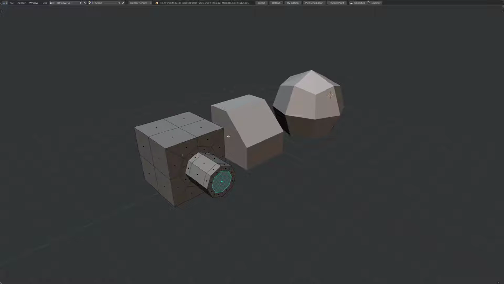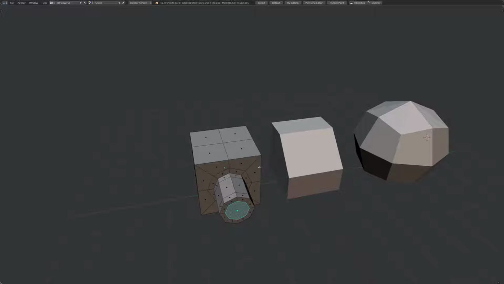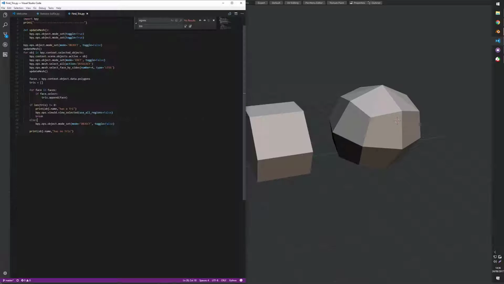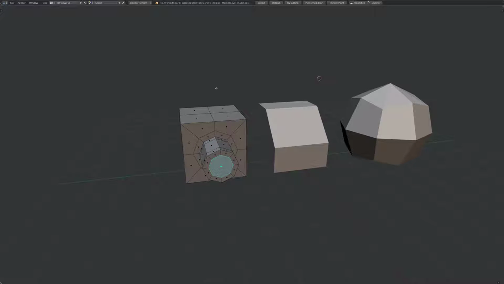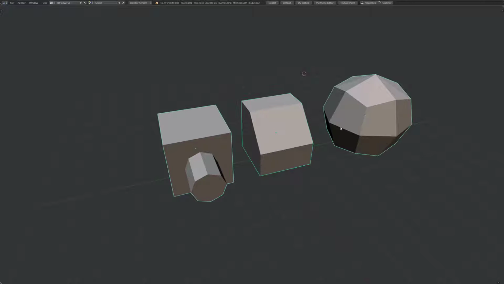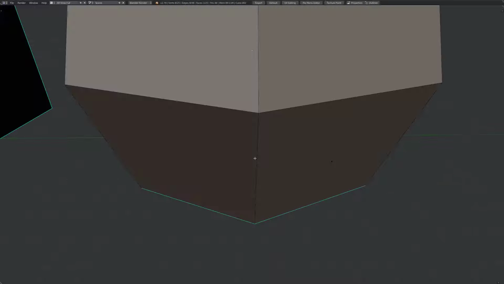So I wanted to do this for 90 objects. So this would just take too long. So I created a script here. What it does is it goes through each and every selected object and it basically finds them for you. And then if it finds one, it'll drop you into edit mode and select it, and it'll take you to it. So what that looks like is select all the objects, and then I go find NGons, and now